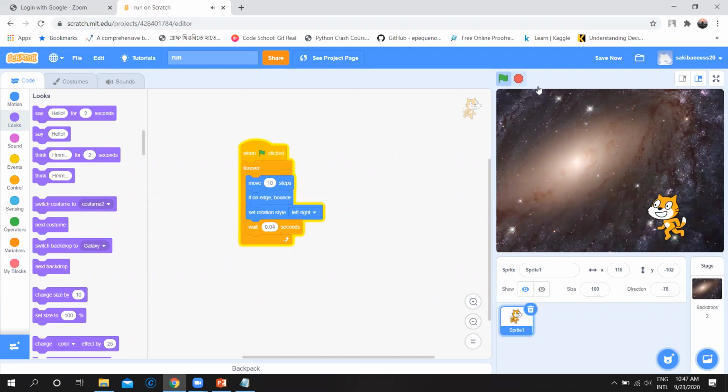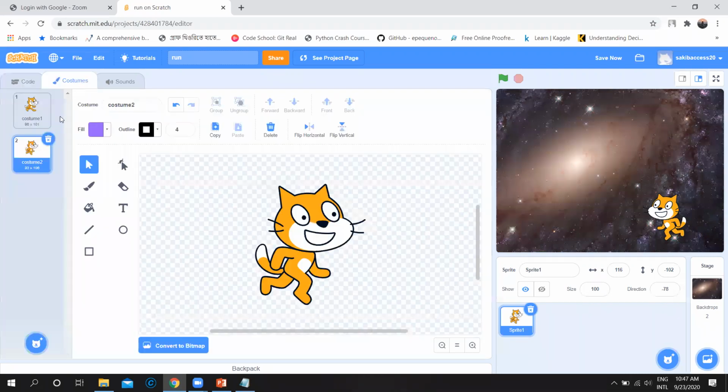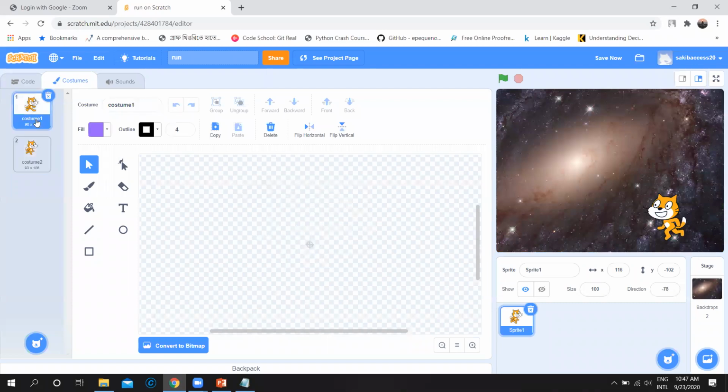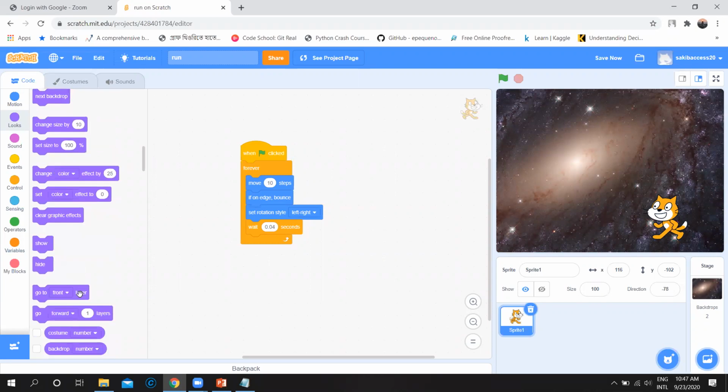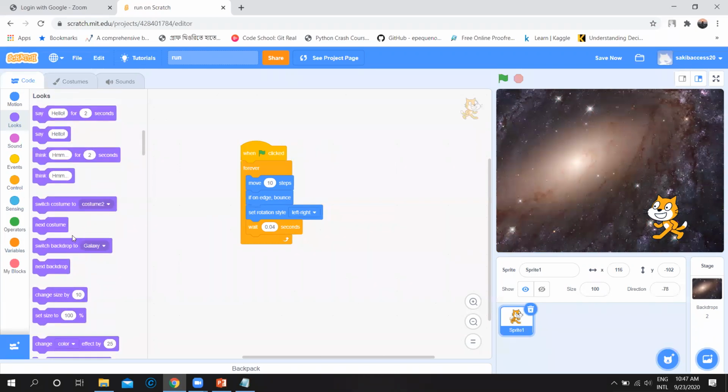Did you get it? Because here, if you don't change the costume, it will only have just one image, this one. But if you add the costume here, where is costume? Next costume. If you add the costume here, now it will look like it is running.